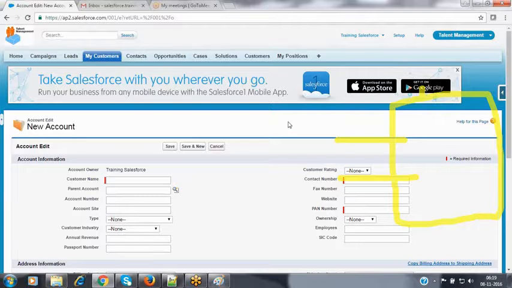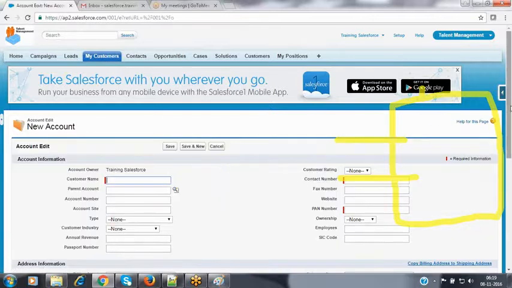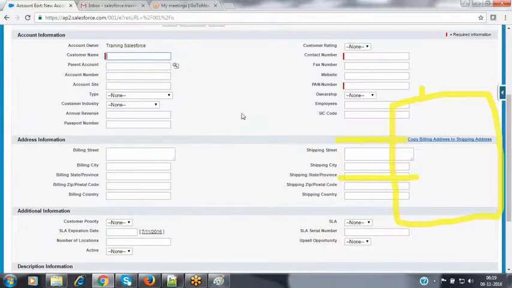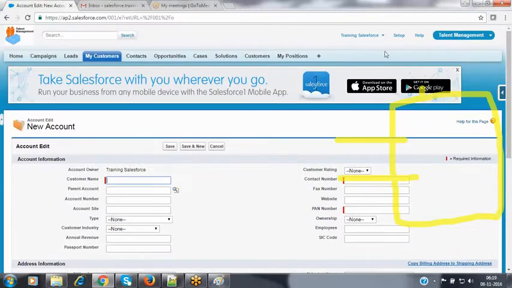Then how can we create the page layouts? Now we'll see practically. I would like to use the account object right now. In this account object, as soon as I click on the new button, it provides the form directly, but I don't want to provide the form directly. I want to provide the options, whether you want to create a new customer record or an existing customer record. Based on that selection, it has to provide a different page layout to me. Then how can we configure that? Let's see practically here.